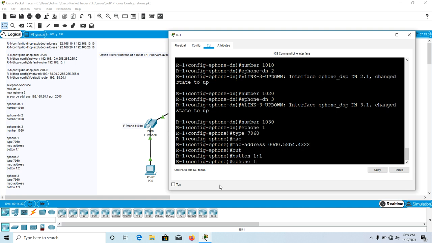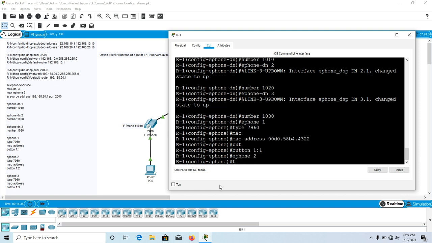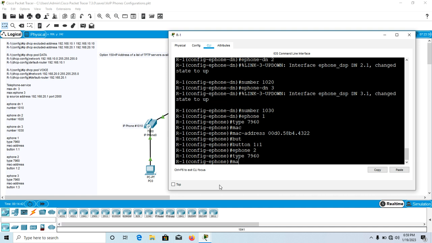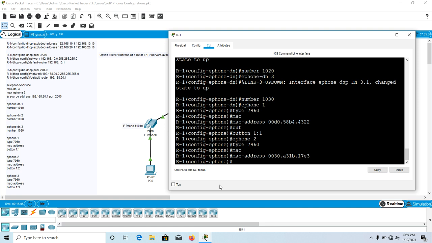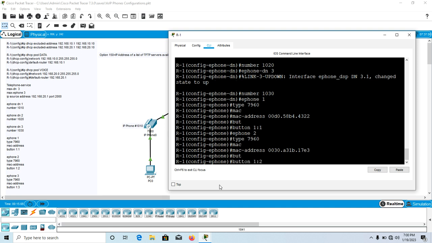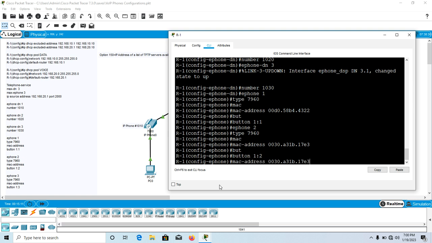Do the same for ephone 2, type 7960, and the MAC address is 0030.A31B.717E, and we say button 1:2, and for extension 3 say ephone 3,